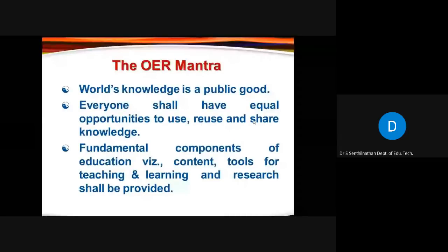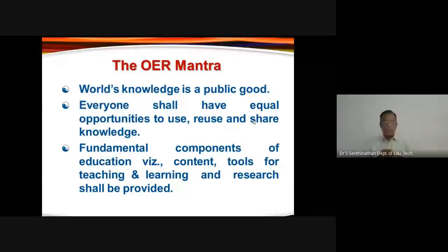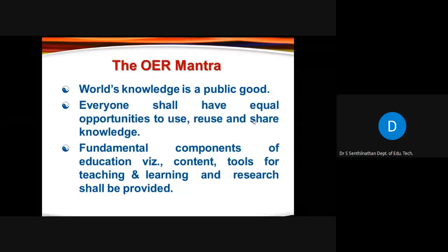Everyone will have the same chance, same opportunity. It is not that one person is denied an opportunity, one person is given an opportunity. And OERs provide basically the content for learning, the third point, and the tools for teaching and learning and research, right? These are the basic components of the OER.